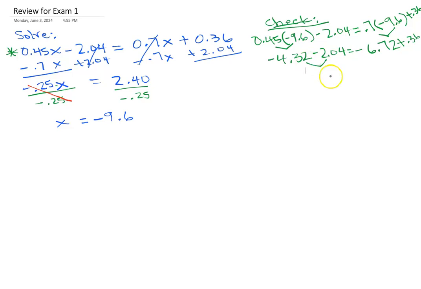So while we're here on this side, I have in my calculator already that negative 6.72, so I'm just going to add 0.36 to that, and then I end up with negative 6.36. And then when I combine on the left side together, negative 4.32 minus 2.04, I also get negative